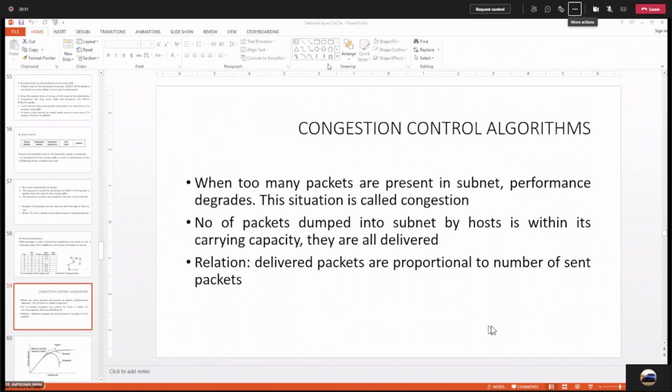Why is it challenging? Because in a wireless network, mobility is supported, devices are moving, and in that case it is very difficult to create the routing table for a network which is continuously changing its topology.